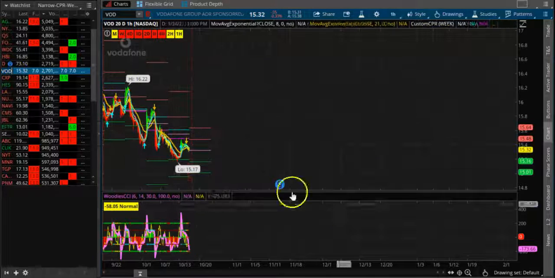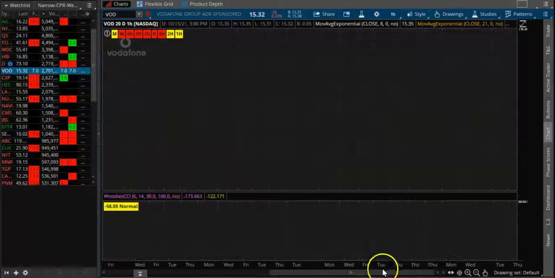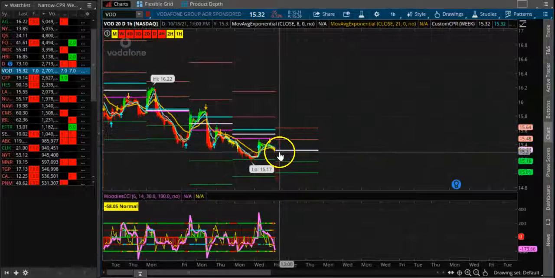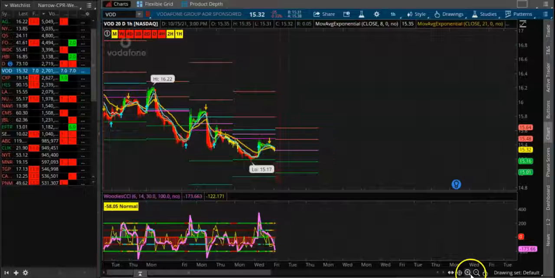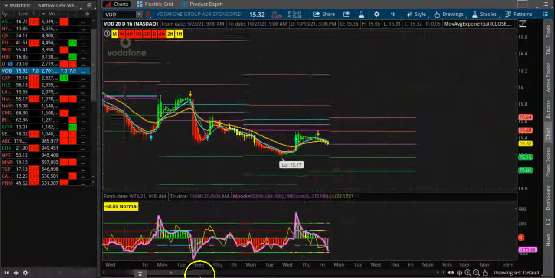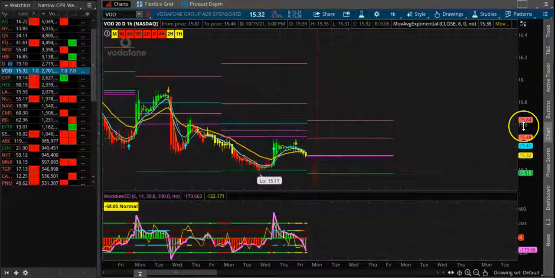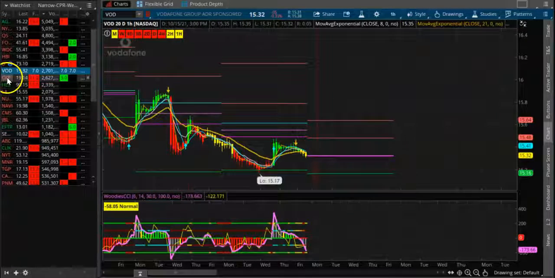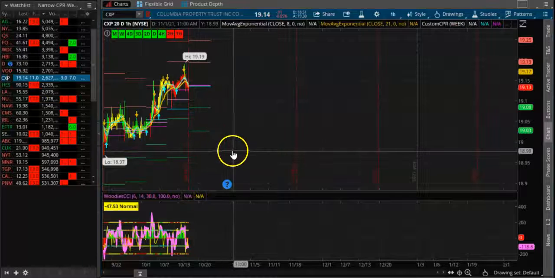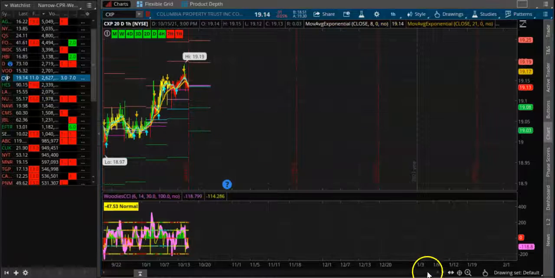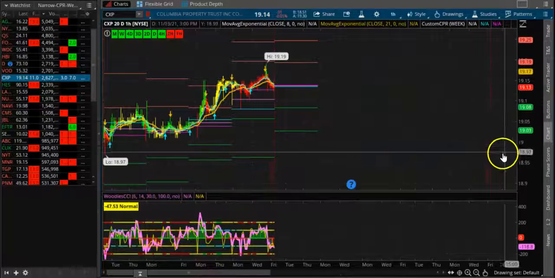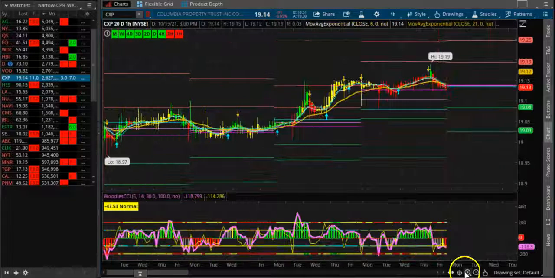This is a downtrending stock. Vodafone, this is a downtrending stock. This is a CPR which is downtrending, so this is a narrow CPR. The stock is going to go down. But don't trade all the stocks. Make sure you trade some good names, and then do some fundamental analysis also to make sure of good revenues. CVP is an uptrending stock with a narrow CPR.